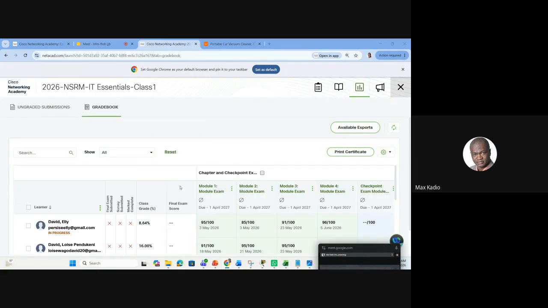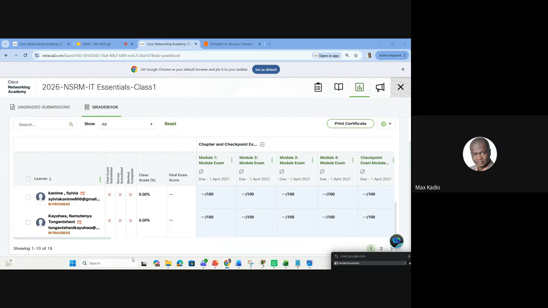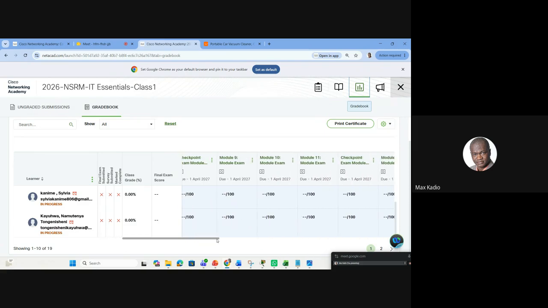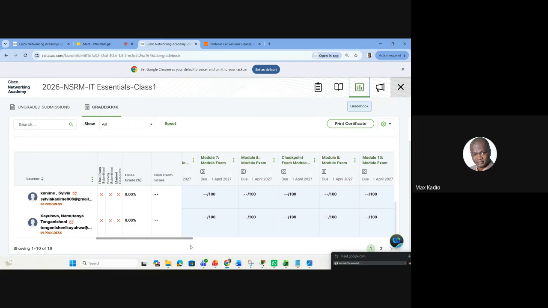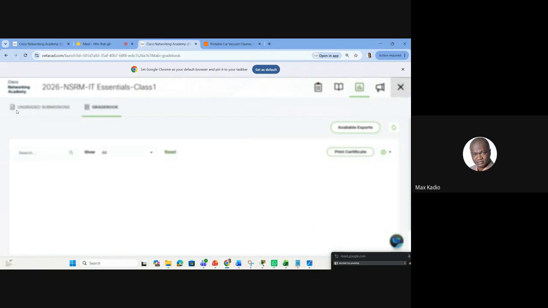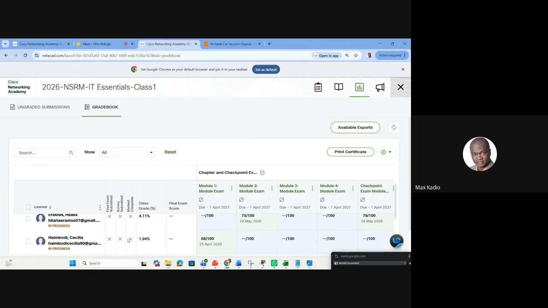It's very important to finish all of them for the system to generate your certificate. Yeah, it's here. Normally, you should have done until chapter 6. Even let me check chapter 7 that we did last week. Only one person did. So please, guys, please do them. It's very important for the system.